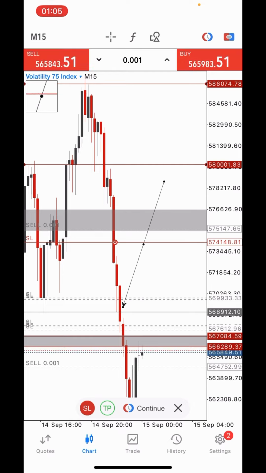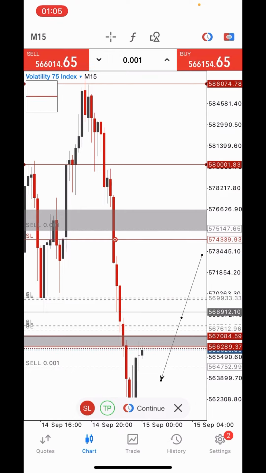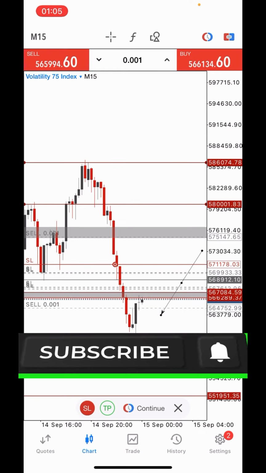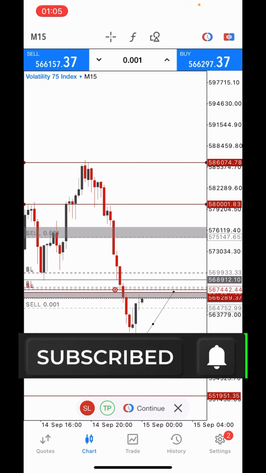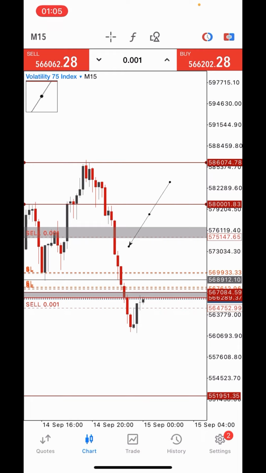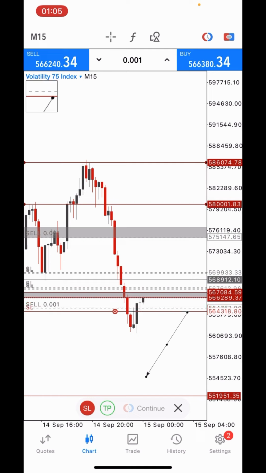So once price is heading to your TP2, all right, all you need to do is what? The stop loss you have placed here before, you keep dragging it gradually. So what you're doing now is you're following the market with wisdom. The more it's going deeper, the more you're dragging your stop loss up, protecting more profits. And that's exactly what I did until price got to this level. And you can see my stop losses right here waiting. So if price decides right now to keep going deeper, all I would do is to keep locking more profits